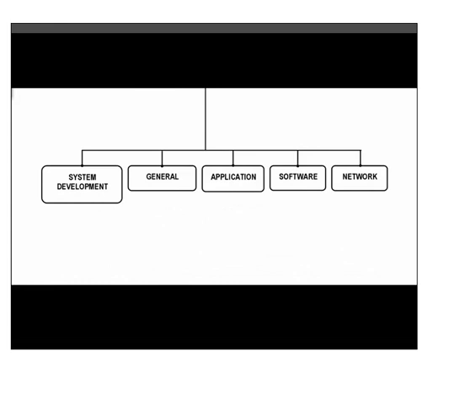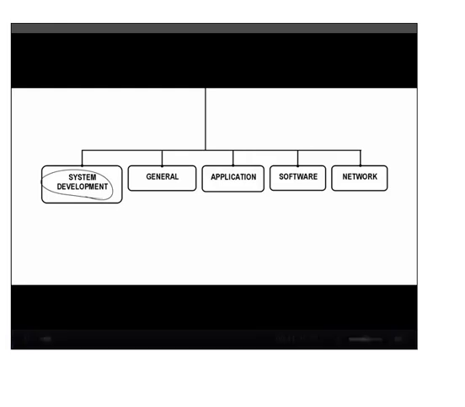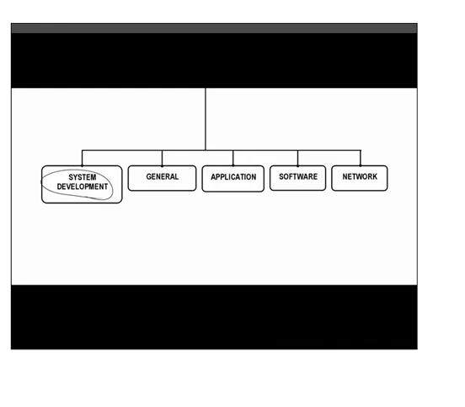Firstly, you have controls over systems development. So when a company or an organization needs a new system, that is an area of very high risk. All sorts of things can go wrong, whether it's with the design, with the actual development or coding, or the implementation itself. So you need to have some controls in place. This is a very commonly examined area, so you need to be familiar with it. It will help if you remember from E1 things like the systems development life cycle, but we will recap that